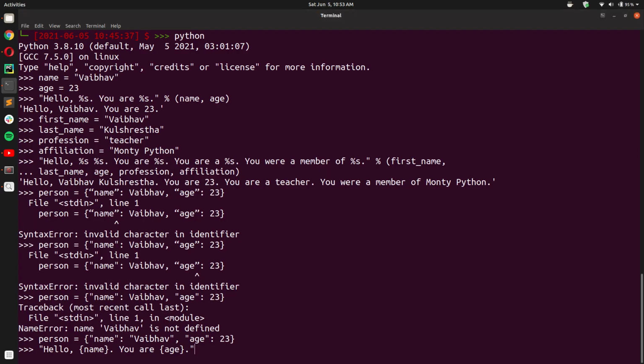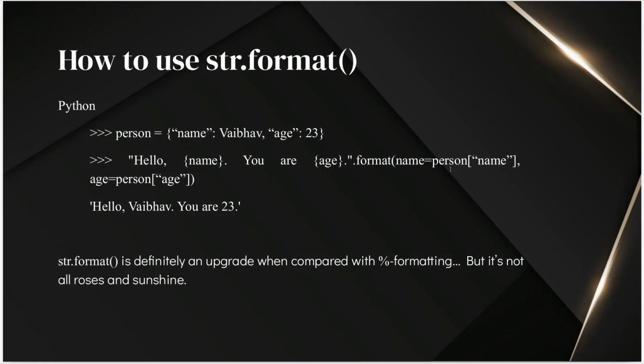Now I come to the format part, and this is after the quotation marks, and I type the name of the variable and the value that I want this variable to take. I want this variable to take the value from the dict person that has the key name, and age again from the dict person and key age.